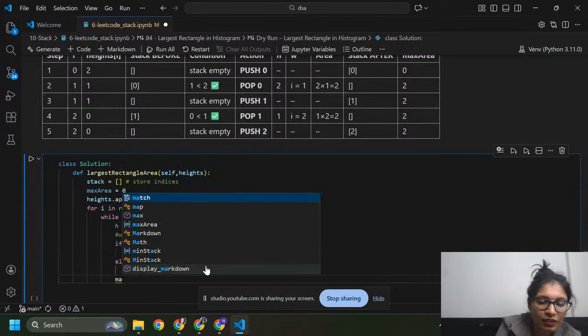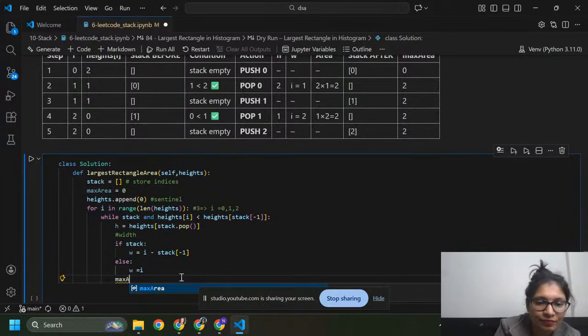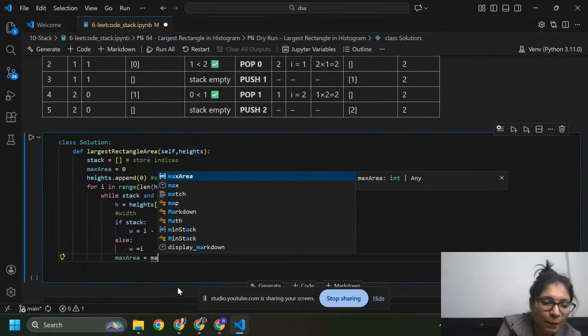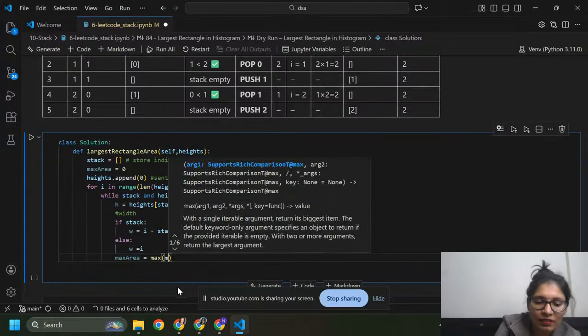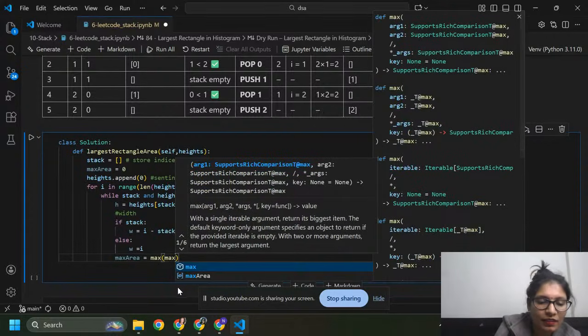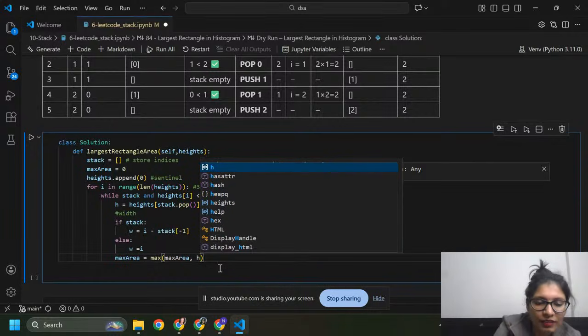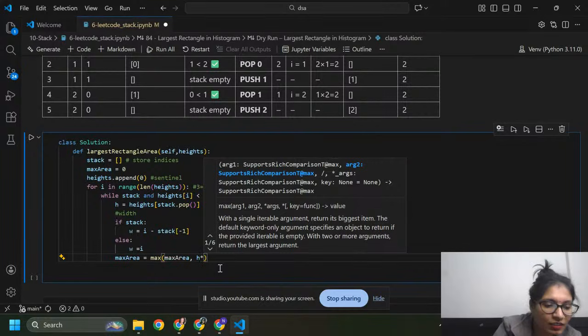So here max area is equals to max, and here I'm going to pass max area, comma h asterisk w.